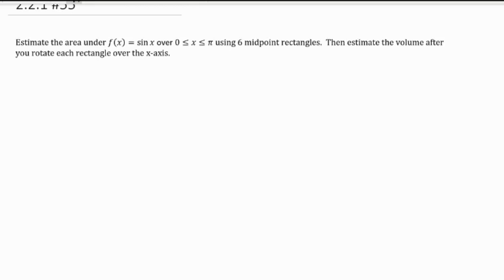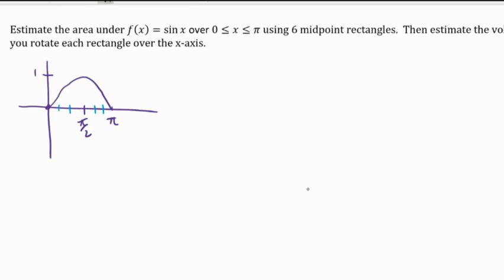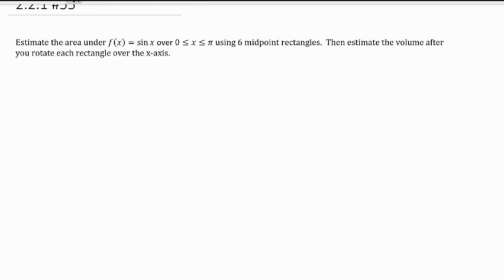So for this problem, we are going to use midpoint rectangles. And when you're doing midpoint rectangles, a lot of people just assume that that's an average between left and right endpoint rectangles, and it is not. So we actually need to set up the midpoints of each rectangle so that the midpoint of the width lies on the actual function. So if we're graphing sine, I'm just going to do a quick sketch,